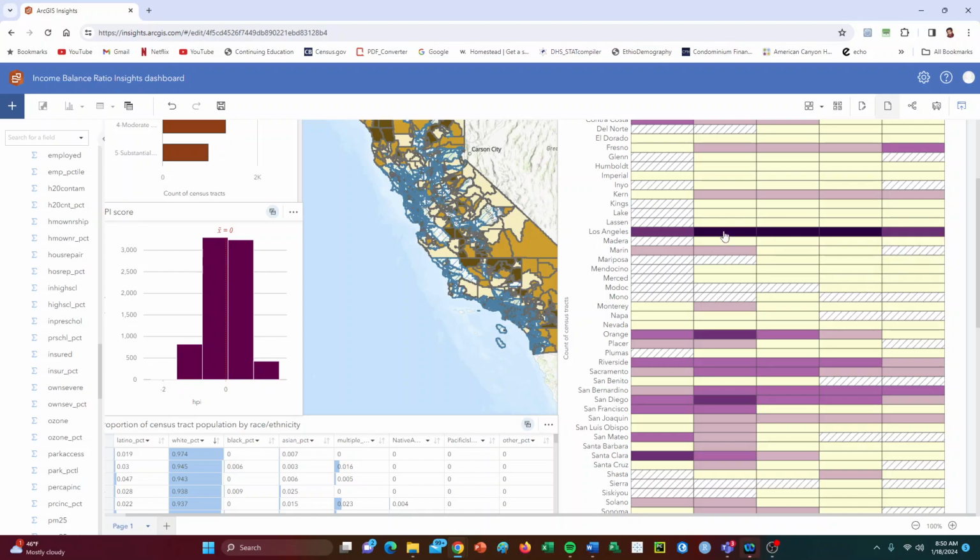For example, in LA County, 709 census tracts fall in the moderate high income predominance category. 267 census tracts fall in the substantial high income predominance category. To access information about an entire county, hold down the Control key and click all 5 IBR categories. For example, for Los Angeles County,